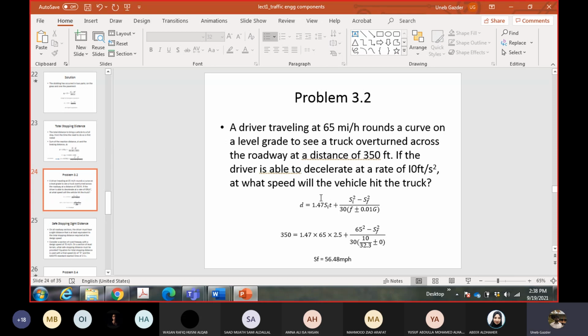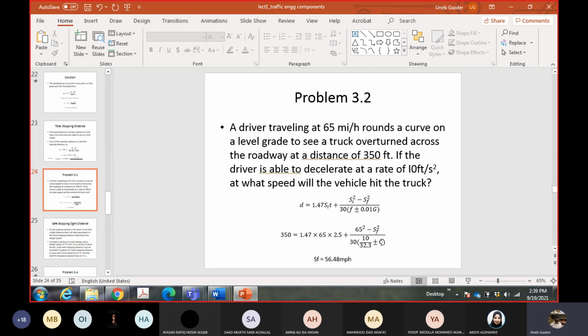So we have the total stopping distance equation here. Initial speed 65 miles per hour. T is taken as 2.5 seconds. How did we take this value? It's an AASHTO recommended standard value. Want to have a look at other standard values for PRT, perception reaction time? Go back to the table from the previous slides. The table is given for different conditions: what value at the signal, what value at urban roads, rural roads. This is the most commonly taken value, for normal conditions. Normal stopping on a highway, 2.5 seconds perception reaction time. So 65 again. SF we are trying to find out.